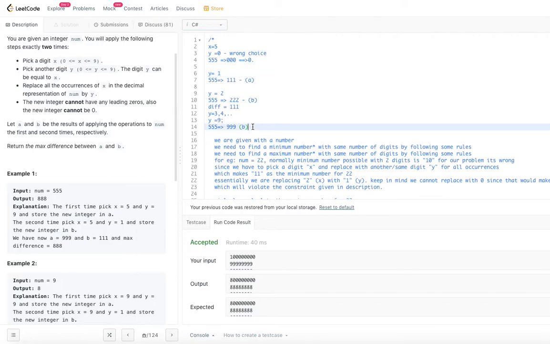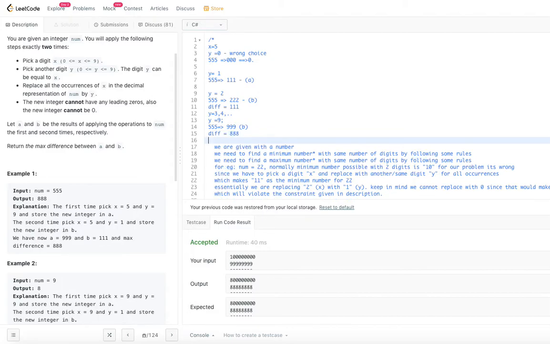So what is the maximum difference that we could obtain is the minimum number is all ones and maximum number is all nines. So that means the difference is 8, 8, 8, right? So this is the maximum difference, right? That's why the output is 8, 8, 8. So this is how we are going to return.